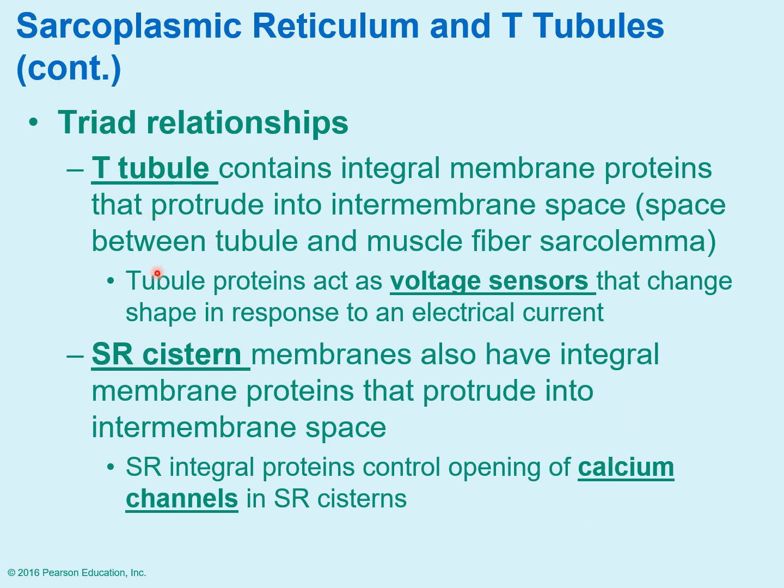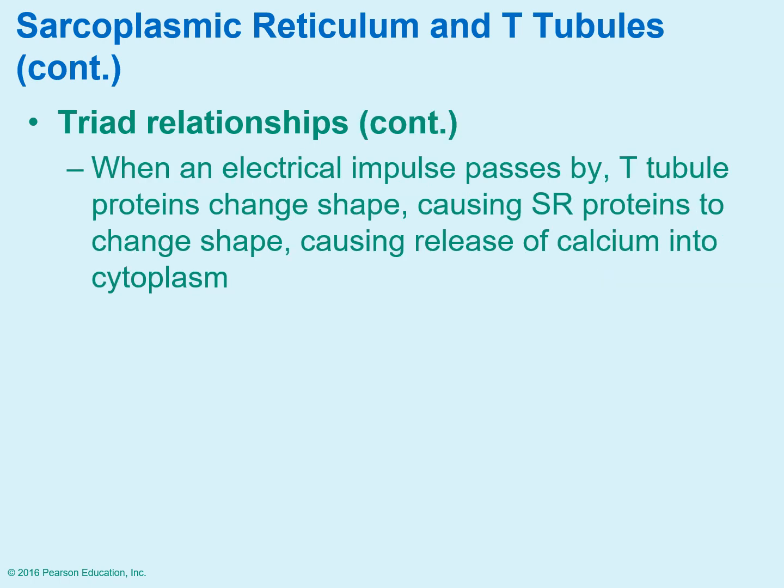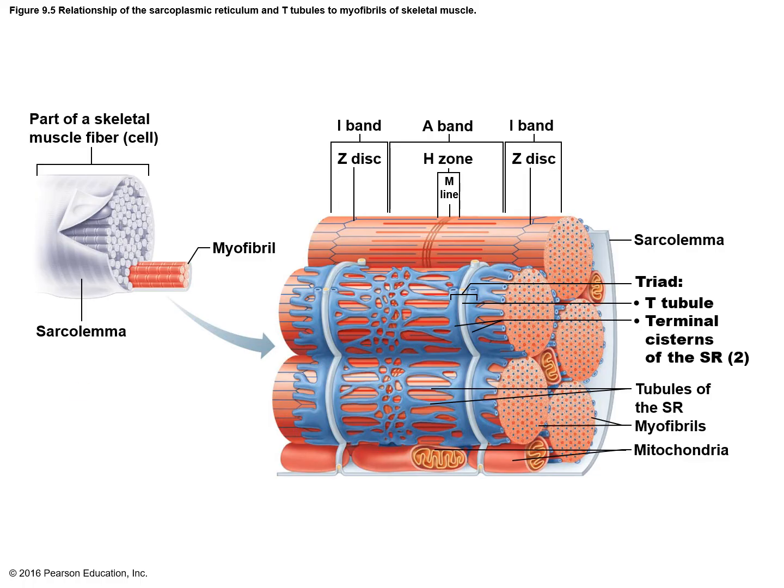So with the T-tubule, there are certain proteins associated there that are voltage sensors, so like voltage ion gates. And when they are triggered by a change in electrical current, it's going to trigger the opening of calcium channels in the cisterns, allowing the calcium to be released from the cistern into the sarcoplasm. So when that electrical charge comes down, which is going to be an action potential, when it comes down the T-tubule, it causes a shape change. It's going to ultimately trigger the release of calcium. So if you look at this picture,